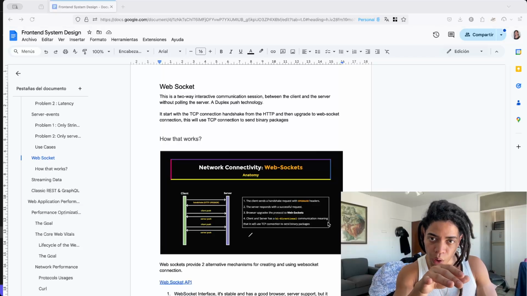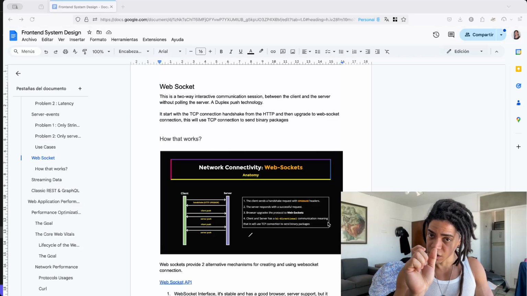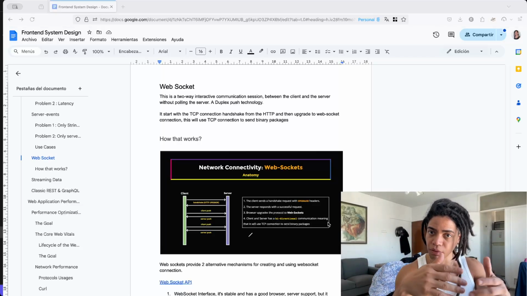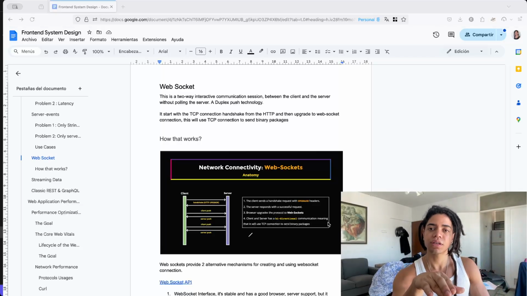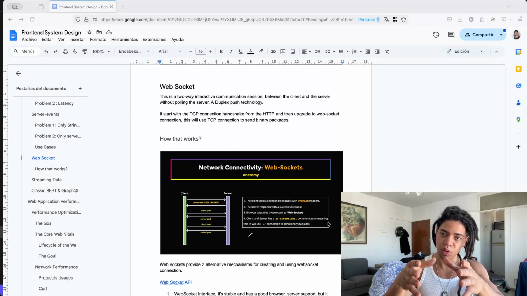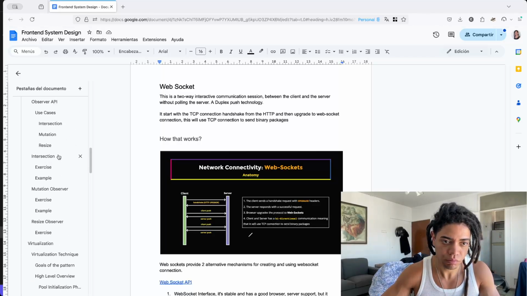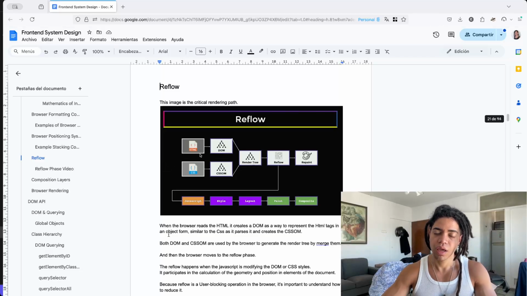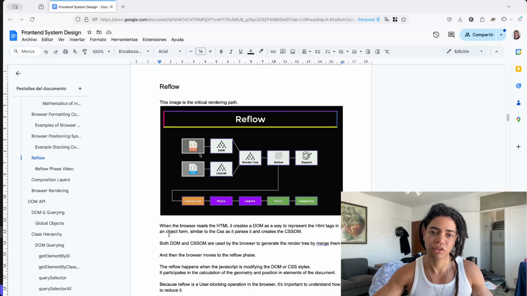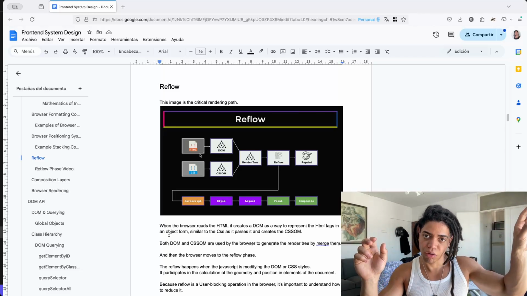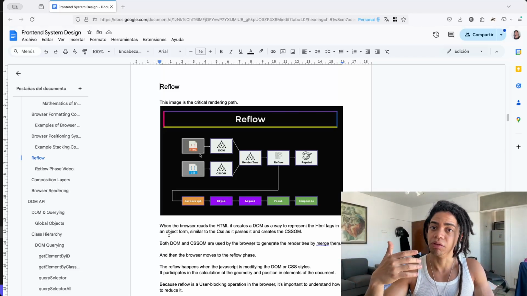And when it comes to telling the browser to use the GPU instead of the CPU, because the CPU is used, for example, to calculate logic and arithmetic operations, one of those operations is the reflow. The reflow is one of the phases of the browser, as the browser takes all of this HTML, CSS, and JavaScript and transforms it into pixels on the screen, and as you can see,